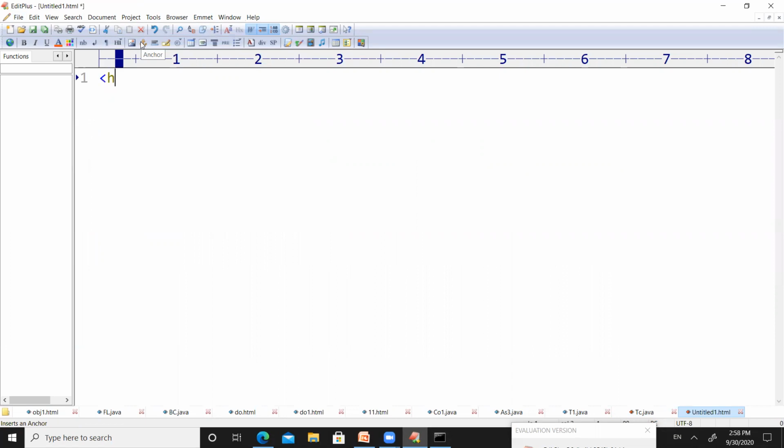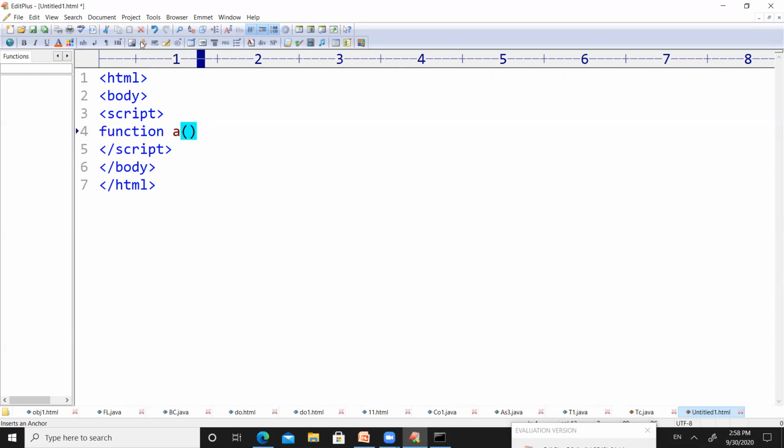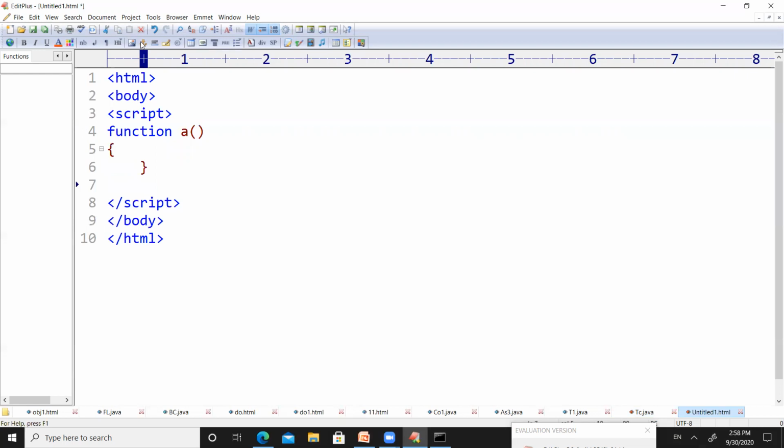Let us start writing with HTML. Inside the body tag, use the script tag. Inside the script tag, if I want to define a function, I need to use the function keyword followed by the function name, say a, and then the body of the function.